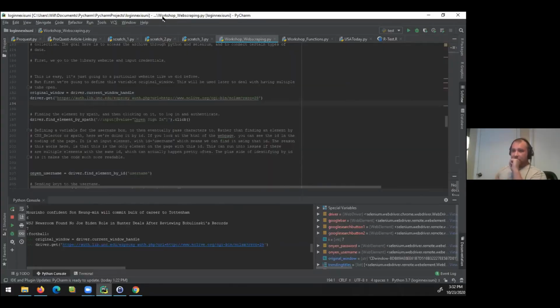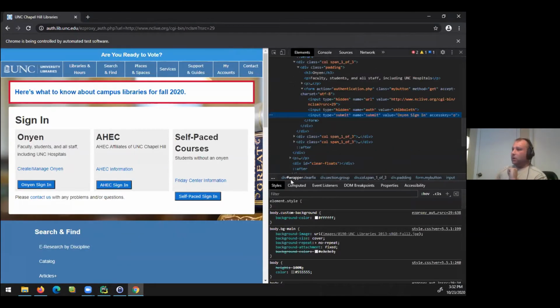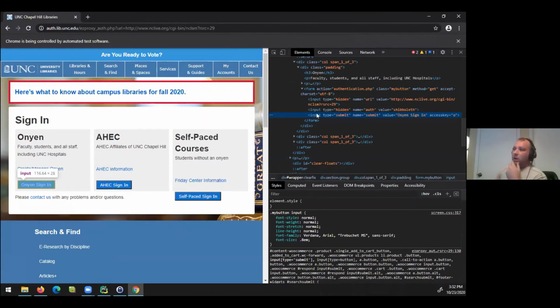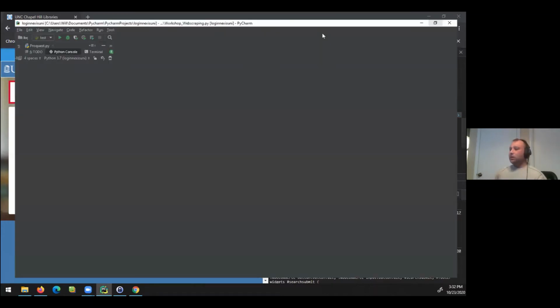So that'll bring us to this page right here. We are going to find this button, which is fairly simple. I'm going to pay more attention to the HTML here because it starts to be a little bit more important. So you'll see that this is an input tag with a type equals submit, name equals submit, value equal onion sign-in. So we find that in our code